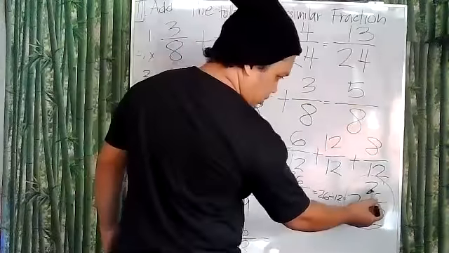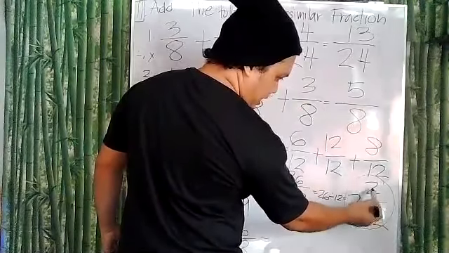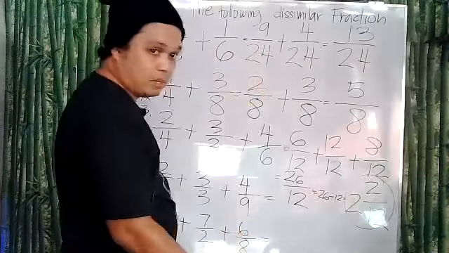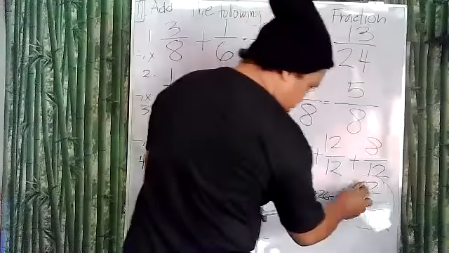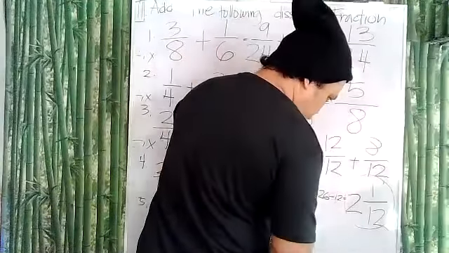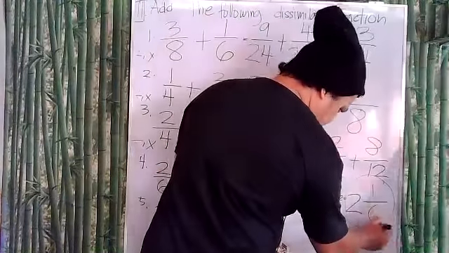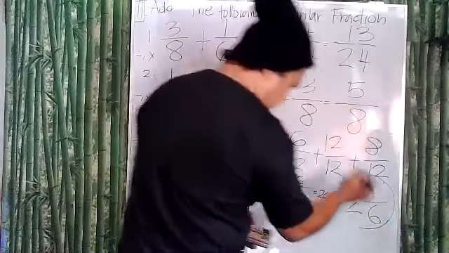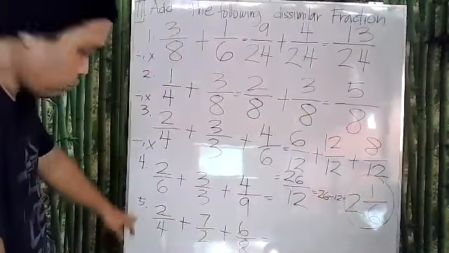Okay, because we can still simplify this number. We can divide them both by 2. 2 divided by 2 is 1, and 12 divided by 2 is 6. Okay, so our final answer here is 2 and 1/6. Okay, now to answer number 5,